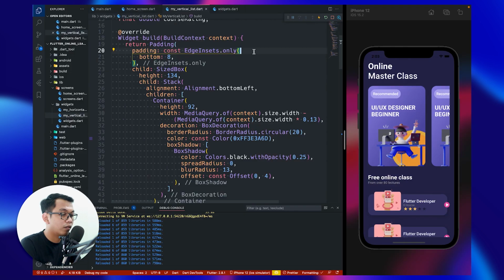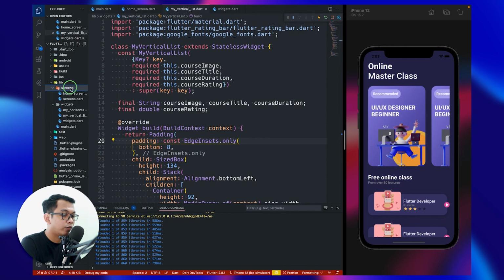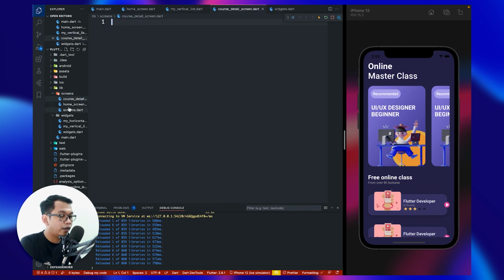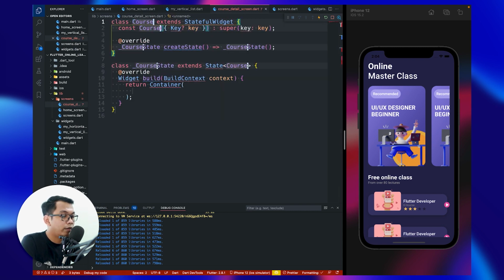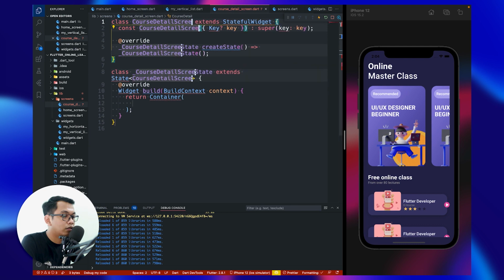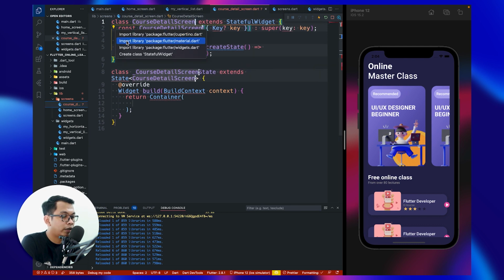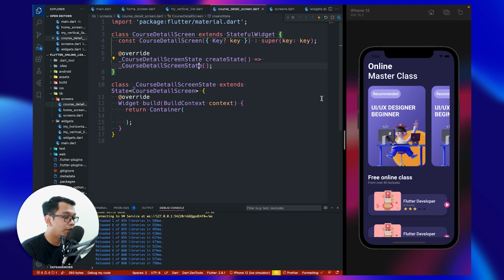the detail screen. So to do that, first we have to create a new file. We name it course detail screen dot dart, and I think we have to export our screen. Go back to course detail screen, and let's create a new stateful widget, name it course detail screen. Don't forget to import material,